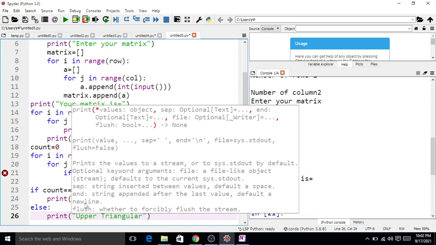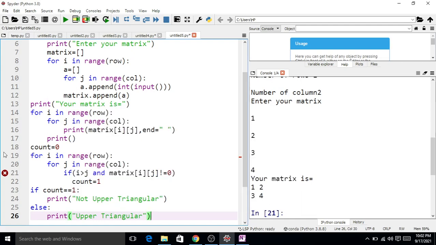Okay, so now if we run this code, here is one error. Now if we run this code.